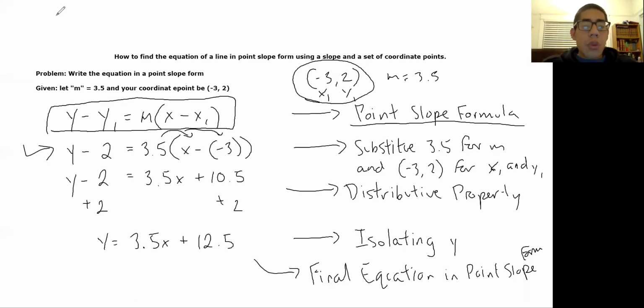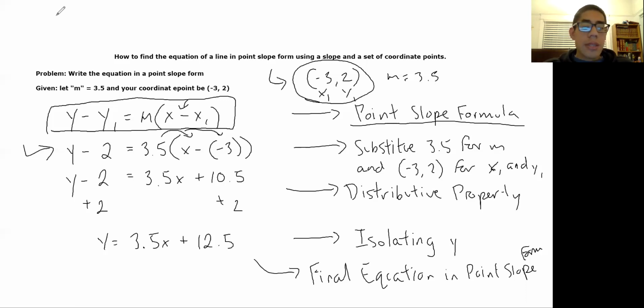So in case you don't remember, the reason why we do that is because the original coordinate point, my x, is negative. So if you go back here, we see that our original x is -3. But my equation right here already has a negative there. We can't forget about both negatives, right? So both negatives are going to be present. And the way for us to remember that is to put the -3. When we replace x1 with -3, we put it inside a parentheses so we know that there's two negatives next